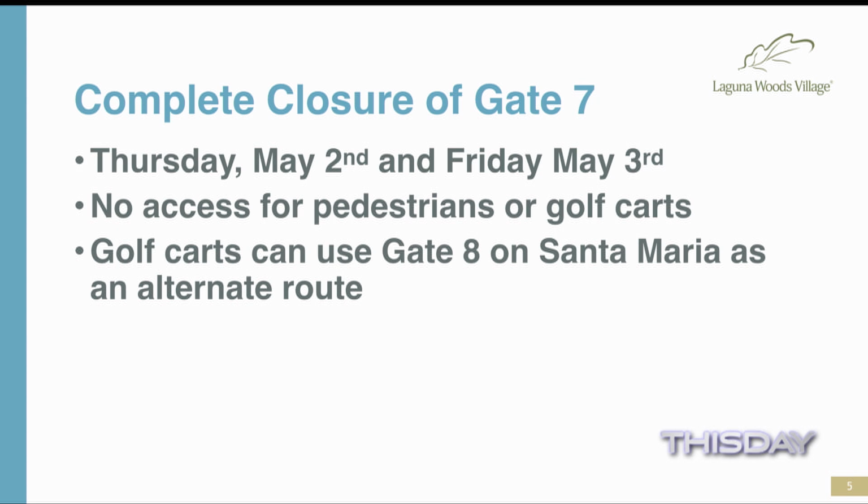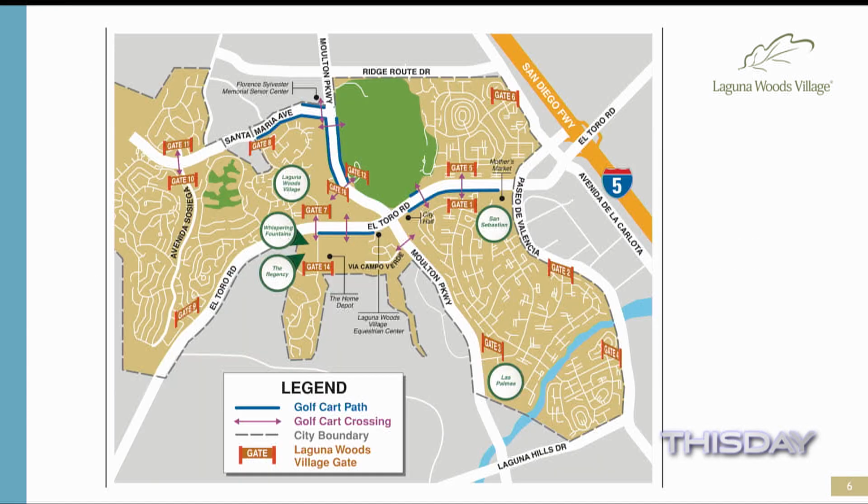I think we have the map up. Yeah, there is a map. Right. So it's kind of hard to see. Okay, so they're going to have to go on to Moulton. On Moulton, so drive northbound on Moulton. If you look at the map of the blue there, and then you turn westbound on Santa Maria, and then you'll see the gate 8 entrance. It's only for 2 days. Oh, yeah, okay. And we're going to send some maps out and some directions here with the blast on Friday,